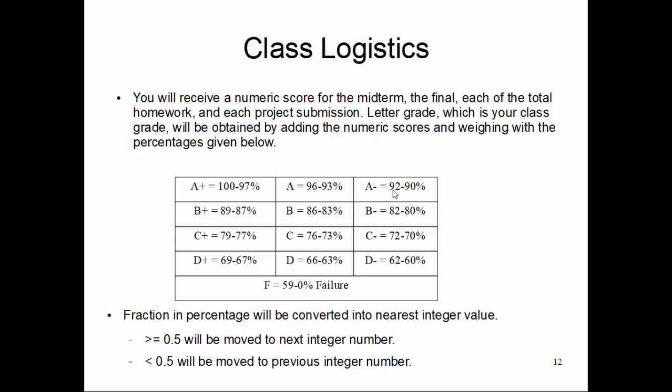So this is a hard and fast rule. There is no negotiation about that. You can't say, oh, this is 0.4, please bump it up, let me have the A. No discussion there. This is the policy. We'll strictly follow this rounding of your percentage.